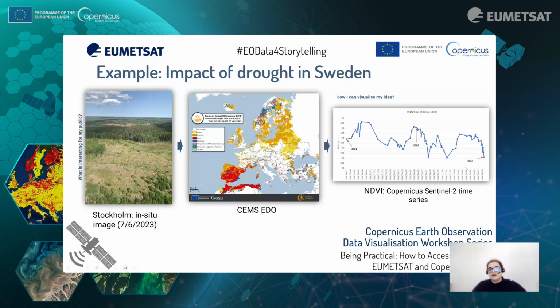If I check the satellite data, and in particular the Sentinel-2 time series, in this case I used a script that is in WEkEO, I obtained the time series of the NDVI, so an index that puts together the stress of the vegetation. And if you see, in 2023 you have the lowest value of the curve. So my idea was, since the first moment, okay, I'm right. I have this data that confirms that this is drought.